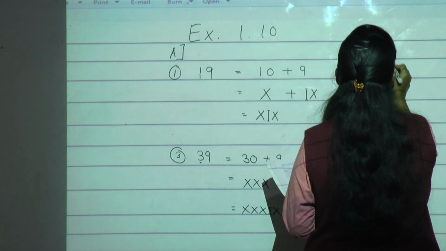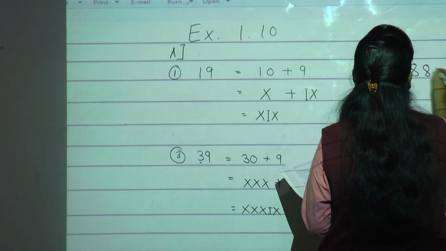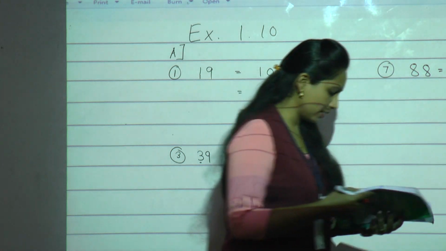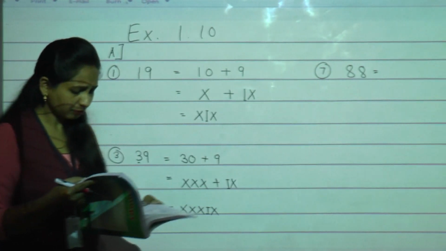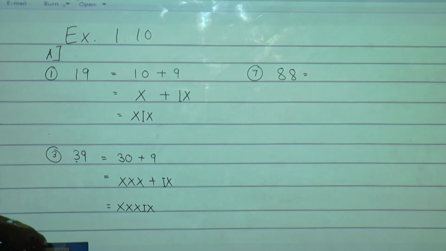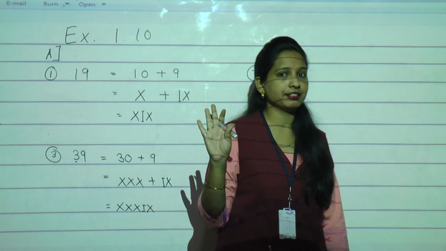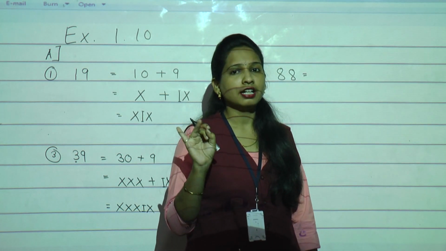Now I will solve the 7th one. What is the 7th question? 88. Okay. Now see, the question 88 is there. First we have to expand this number 88. See how I am going to explain. Just keep in your mind 5 letters. Which are those? I, X,